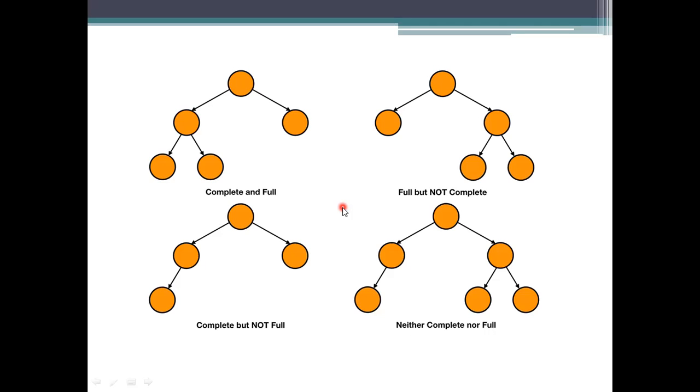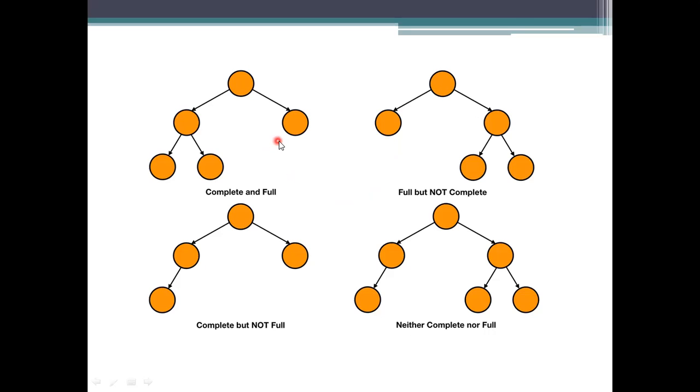It means it is having 0 or 2 leaf nodes. It is a full but not a complete tree. Why so? Here we need to add from left to right. As I said, left to right we need to add. So this one, what you are considering, is not to be exceptional. Here you need to add the children to this one.